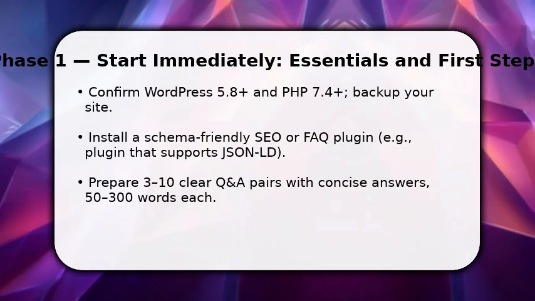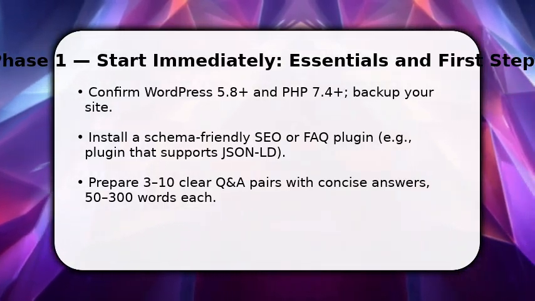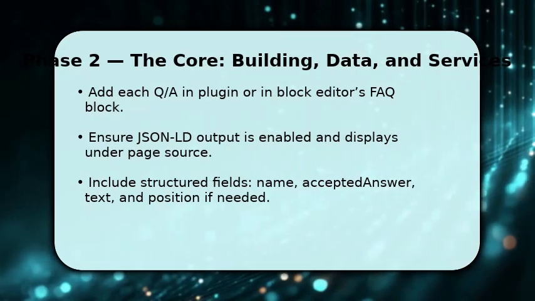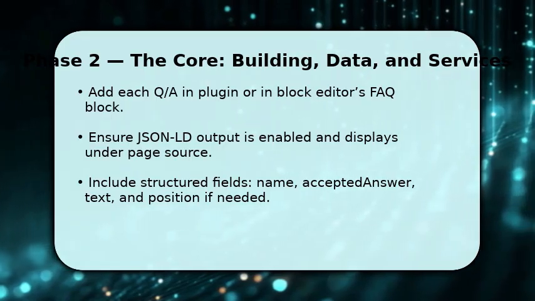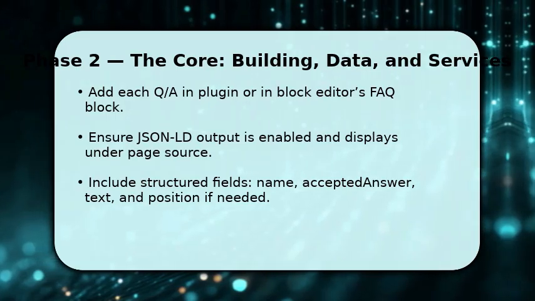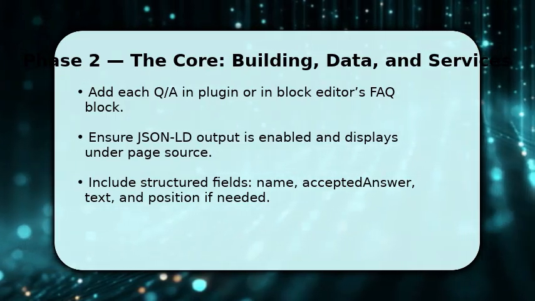Next, open the plugin or block editor to add your first FAQ item. Don't overthink formatting. Focus on correct Q/A structure. Now you implement Schema. Insert each question and answer using the plugin's interface or the WordPress FAQ block and save as a draft first. Once saved, toggle the plugin's JSON-LD output on, then view the page source to confirm